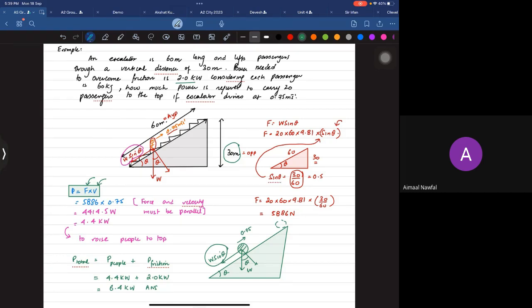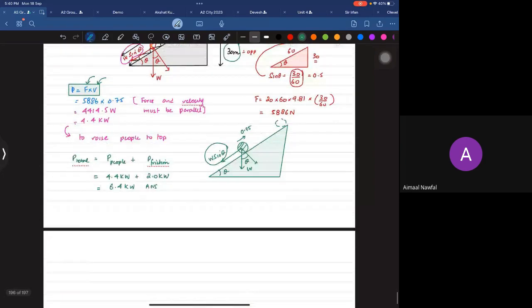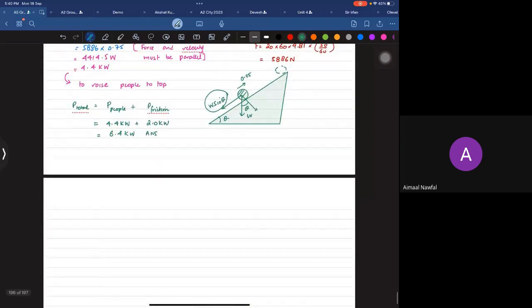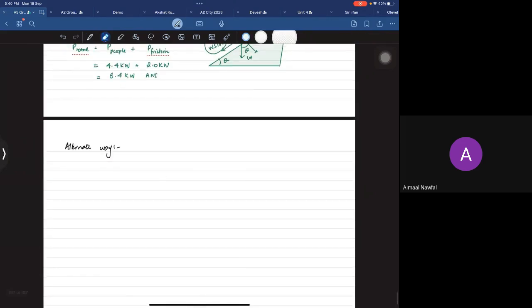So should I also do the alternate way, if you don't mind? Yes. Okay. So there is another way of doing this, but it's a bit different. So I'm going to write here, alternate way. Let's suppose you forget this formula and you're stuck. Don't worry. I'm going to draw the diagram just for our own understanding, like that. Now check this out.